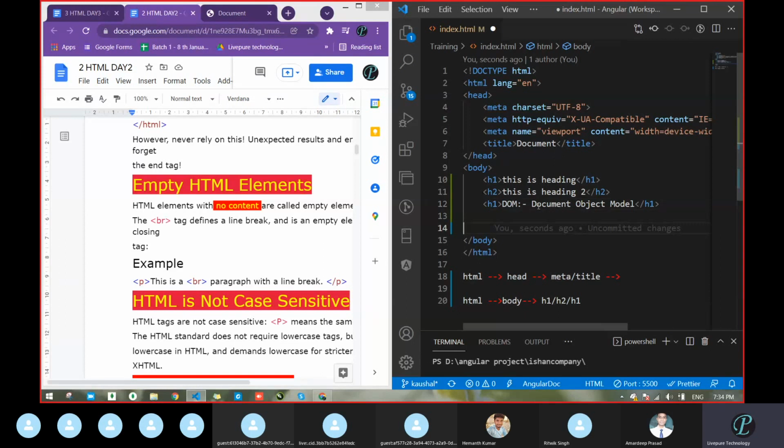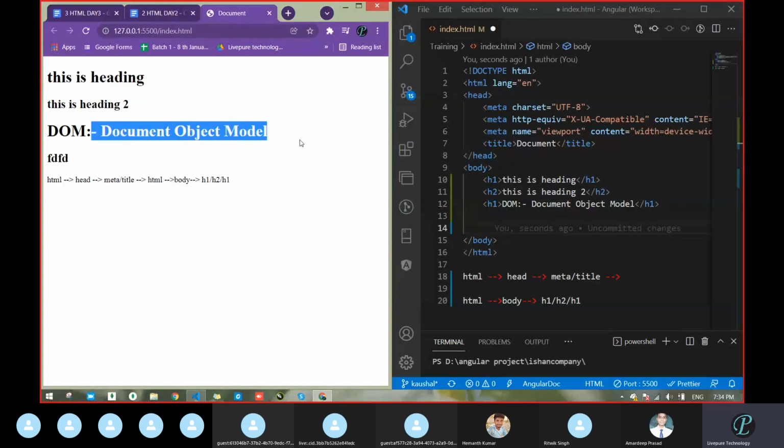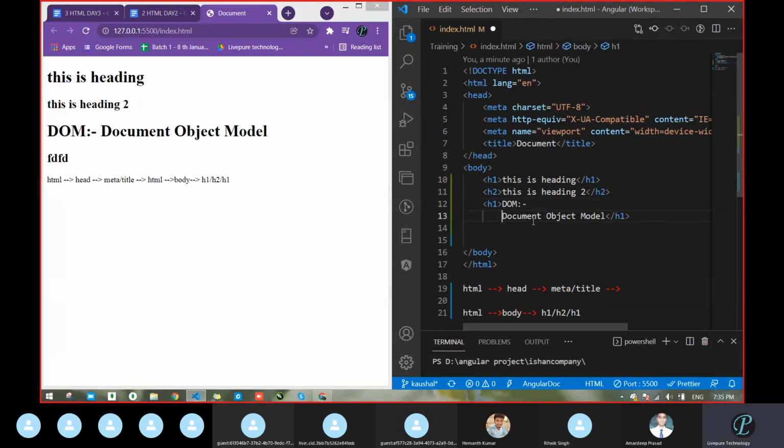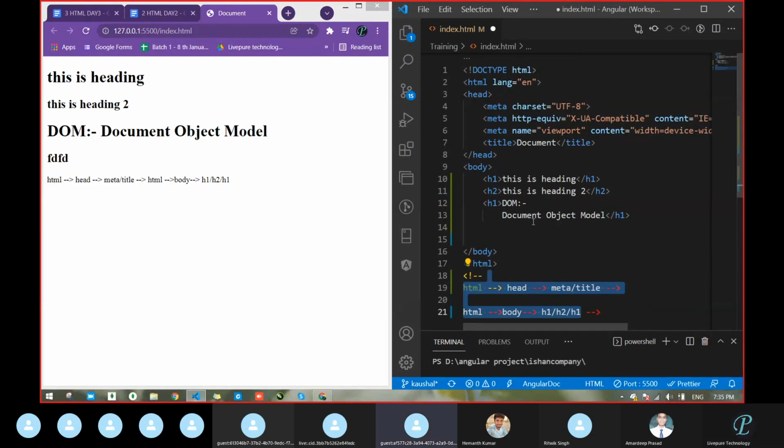So next, suppose that here we have written DOM, document object model, something like that. But actually, what I do not want is the full thing in the same line. I want to start the document object model in a new line. How will we do it? Just put one tag here. If we press enter, means if we make that go to the new line, is it going to reflect, or will it be the same thing? Means it is going to make any changes or not? What are you thinking? It makes a change, sir. Correct. Okay, next.